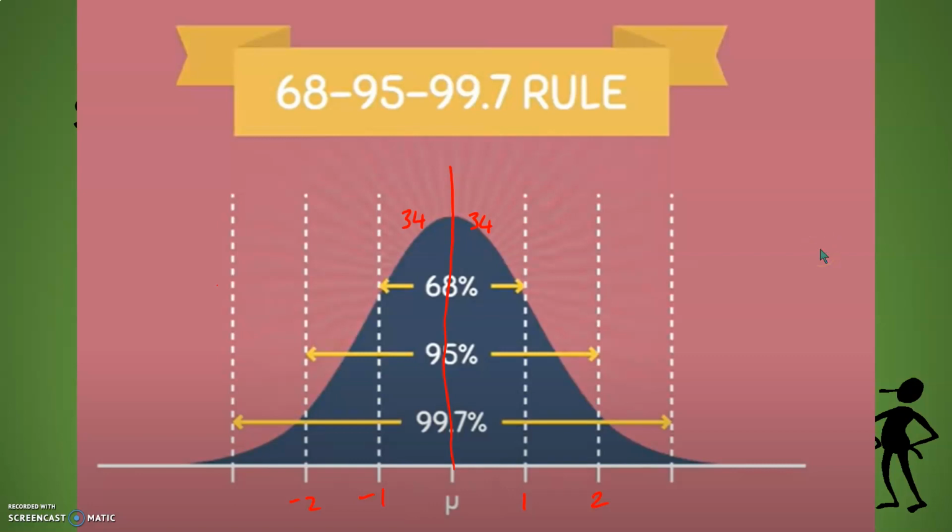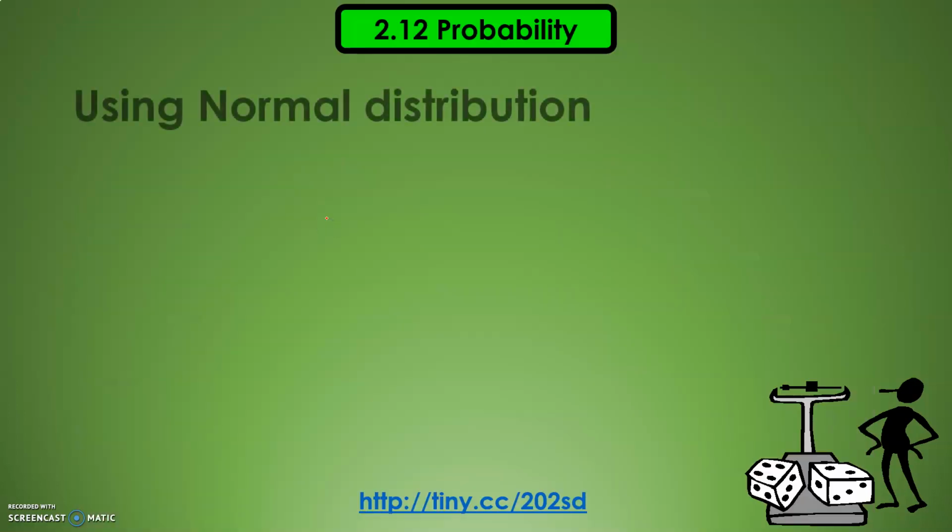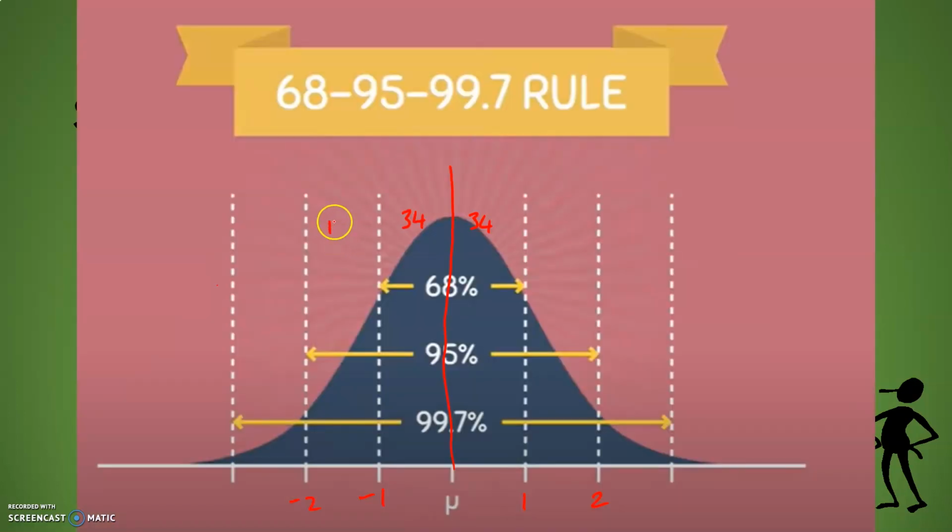So that means that there's 13.5% in this section, 13.5% in this section. And then for the very last part, that 3 standard deviations, so -3 to +3, there's 99.7%, which means that each of these sections is worth